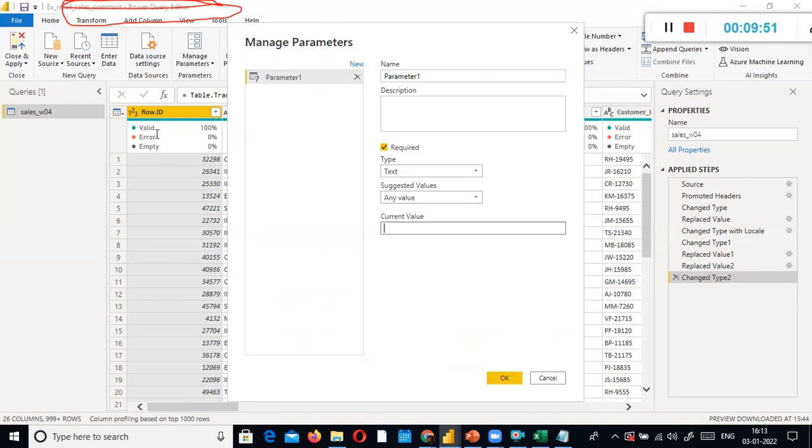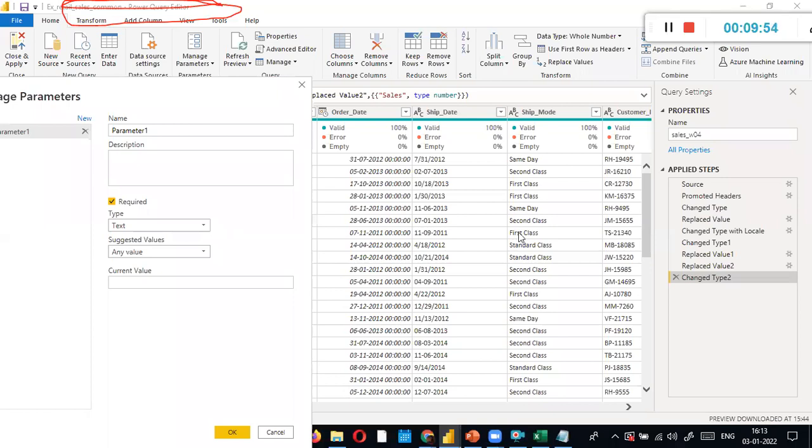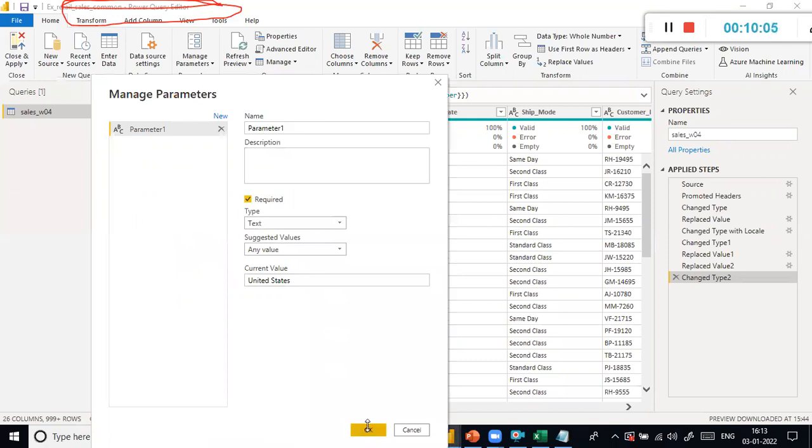You can create a parameter mapped with any type of column, especially the categorical variables we will be using it. So country is a categorical variable. So the United States, current value, let's say, assume that I'm going to specify, I know the name. So the naming convention, everything you need to strictly follow. Don't specify small s here. Whatever is there in your data set, you need to specify that way.